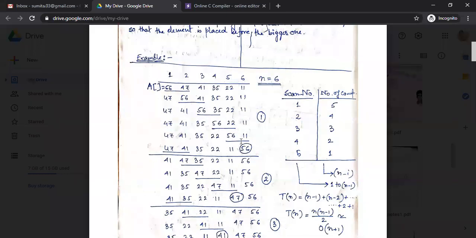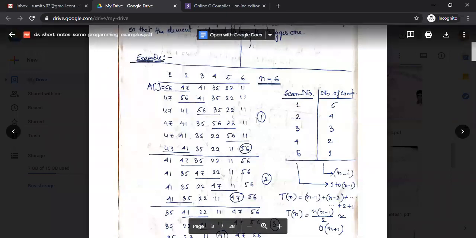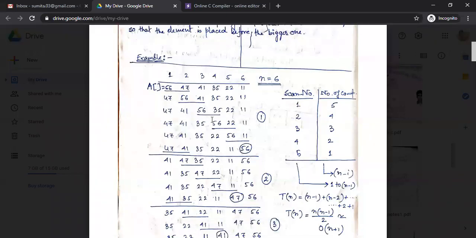For that reason, you have to execute the inner loop for the comparison, because you have to compare this position to this, then this to this, then this to this, something like that. So you have to compare all the elements of your array from 0 to the n minus 1th position. That's why, for doing this comparison, you have to execute the inner loop.